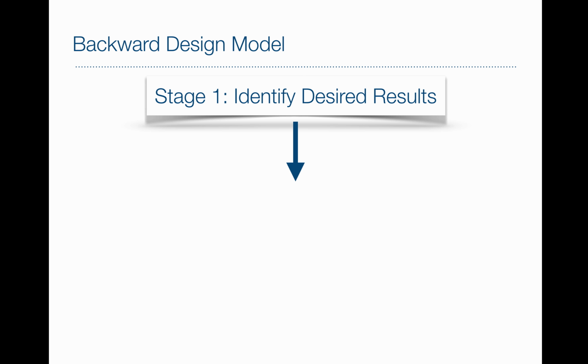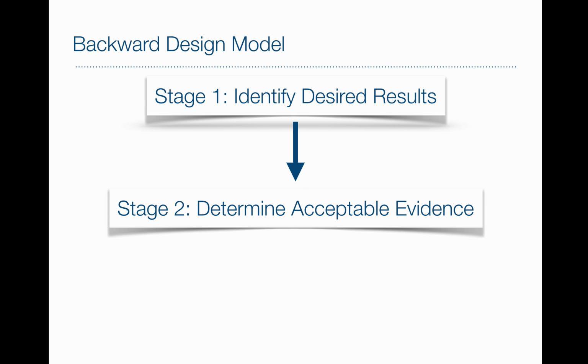Then prior to planning lessons, you want to think about what would be acceptable evidence of the knowledge, skills, dispositions, and understandings that you unpacked in stage 1. Those are your formative and summative assessments. So please review the module on assessment and think about what types of checks for understanding, informal assessment for your formative assessment examples, and what types of summative assessment or cumulative or end of unit assessment might be effective for your students. Now, typically these are traditionally tests or quizzes,